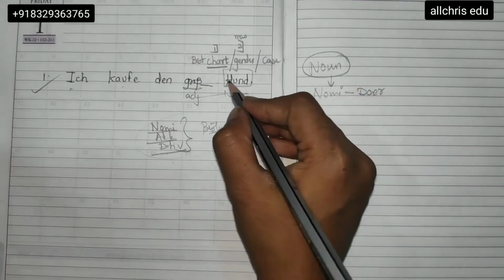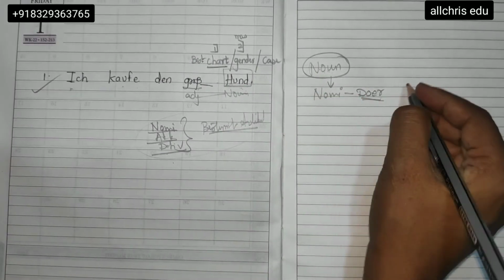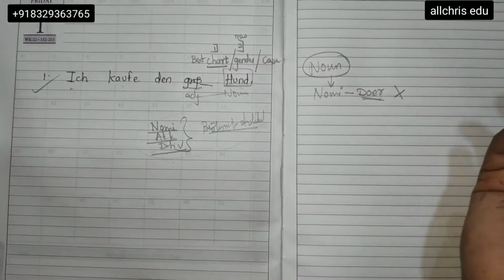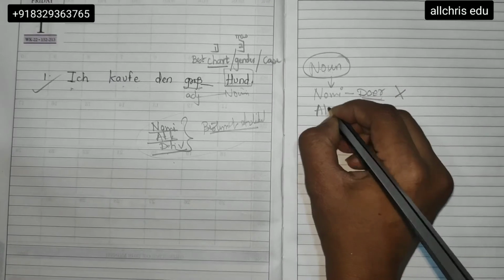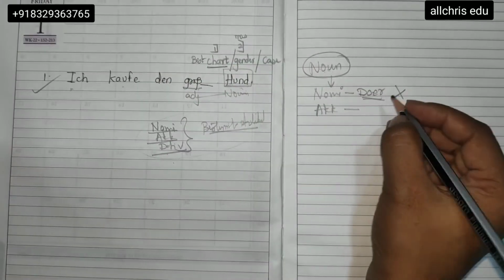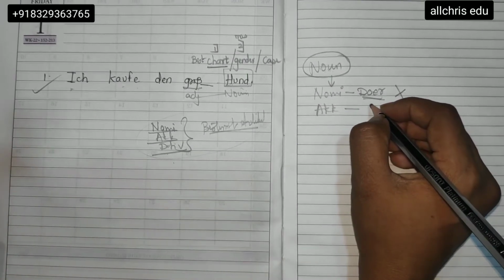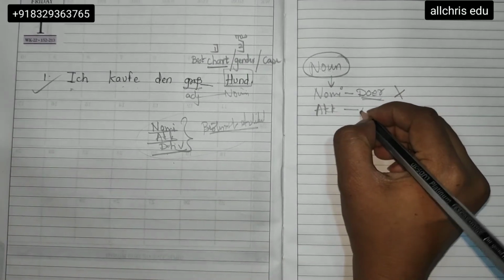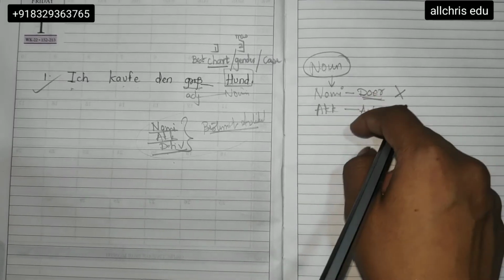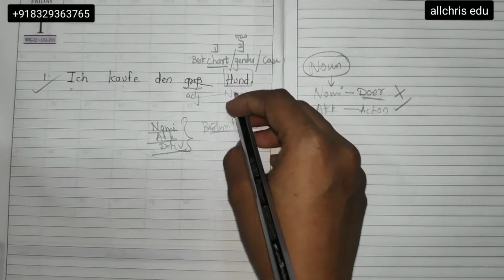So is the dog, that particular noun, the doer in the sentence? No, it's not a doer. It's not doing anything. If the dog was buying anything, the dog would have been nominative. Is that noun accusative? It means whether we are doing action on the dog. So we are buying the dog, so of course we are doing action on the dog. Whoever you do action on becomes accusative. So this noun is an accusative in the sentence.